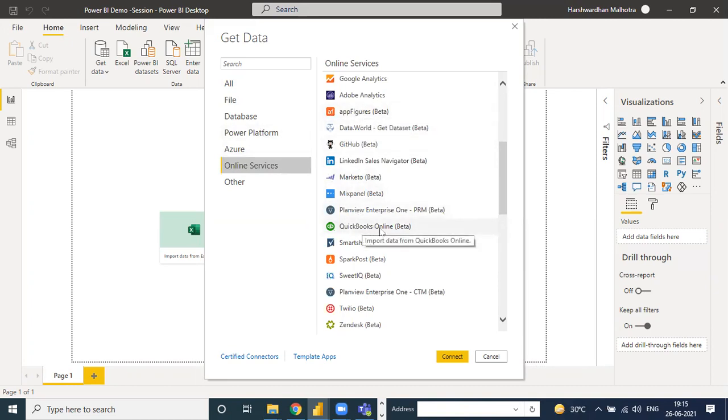Power QuickBooks, it's Tally data. Suppose some of you are working on Indian accounting, it's for QuickBooks. Then you can automatically transform your data like sales data, purchase data, and you can easily compare them in Power BI. Like if you are maintaining a GSTR report on Tally, you can transform your sales and purchase data, then your GSTR report is automatically completed in the Power BI file.